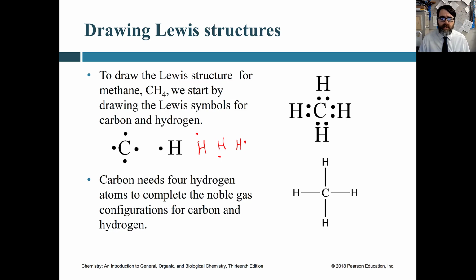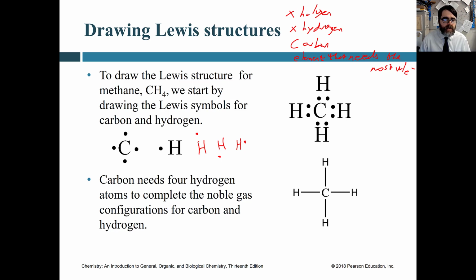From there, the thing that goes in the center, and that's sometimes the hardest thing to decide, it's never a halogen, and it's never hydrogen, and that's because both of those only need one. It's frequently carbon, if carbon is around. It is always the element that needs the most valence electrons. And so carbon's going to go in the center, and then we're going to draw hydrogens around it,